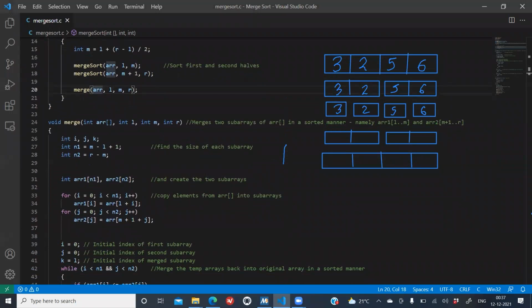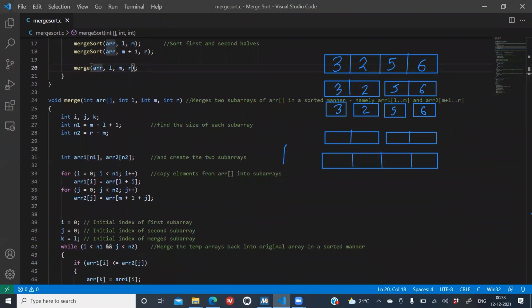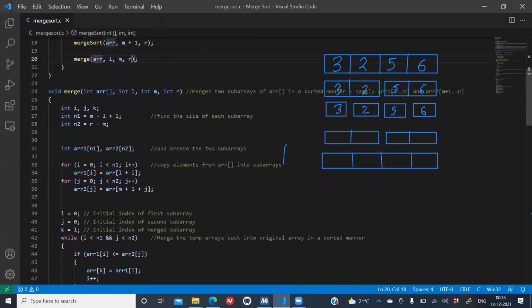So this is the merge function. The merge function begins the merging of two sorted subarrays, namely ARR1 from L to M and ARR2 from M plus 1 to R. So it makes two copies of the array into ARR1 and ARR2.